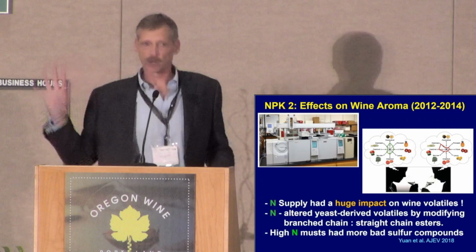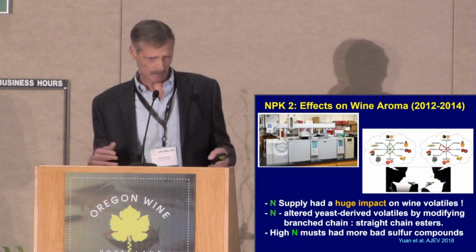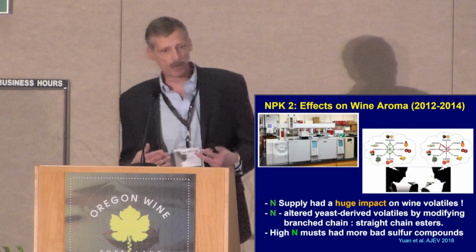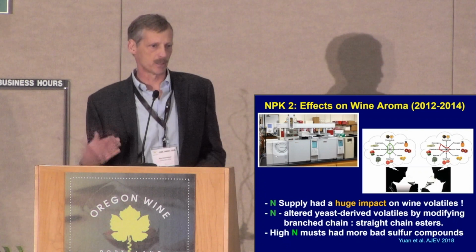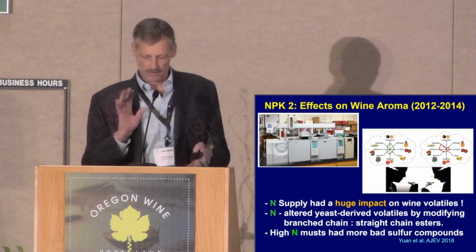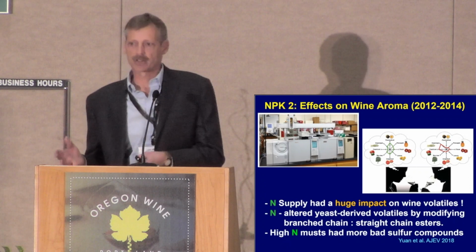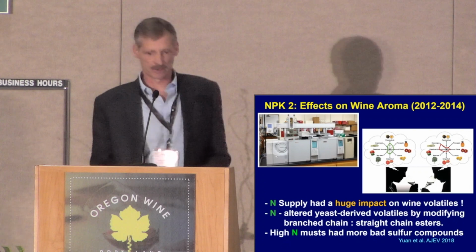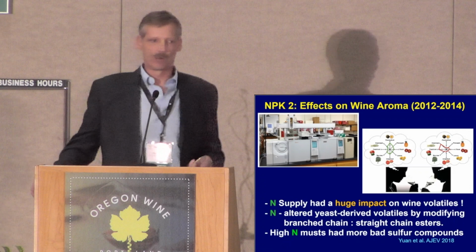And just a quick summary of that, nitrogen had a massive impact on wine aroma. It was really big. And the way that it affected wine aroma was mainly affecting the yeast-derived volatiles, not the stuff that's already in the berries. And basically, it flipped the ratio between branched chain and straight chain esters and alcohols. And the branched chain ones actually tend to have lower threshold values. The other thing that was very interesting was our,